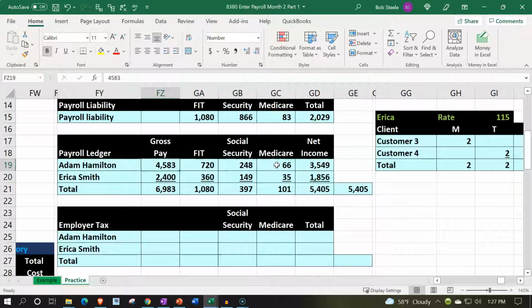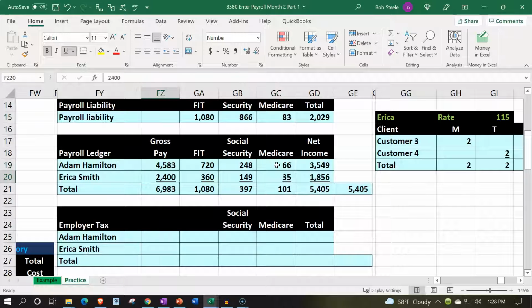Adam earned $4,583. We held from them, did not give them a portion of their earnings because we're going to pay on their behalf their taxes of $720 for FIT, their federal income tax that they're going to then see on their W-2, and that's going to be on their tax return. The $248 for the Social Security, which I did the dyslexic number switch on, and then the $66 for the Medicare. So the net income would be the